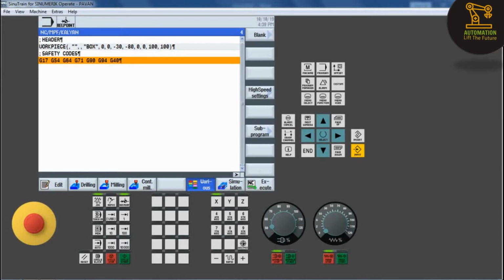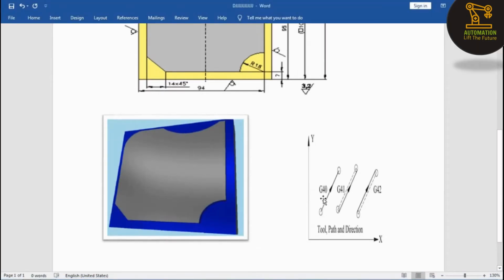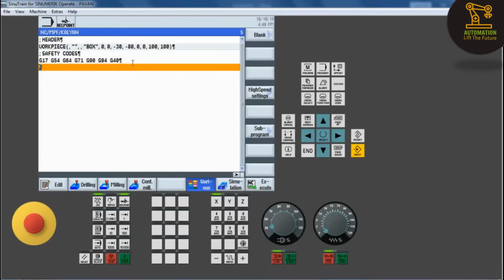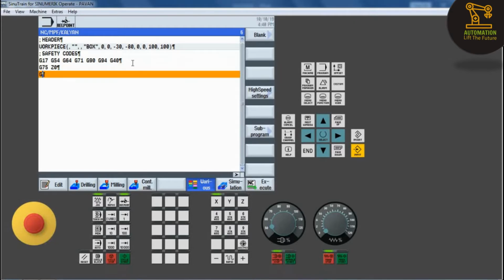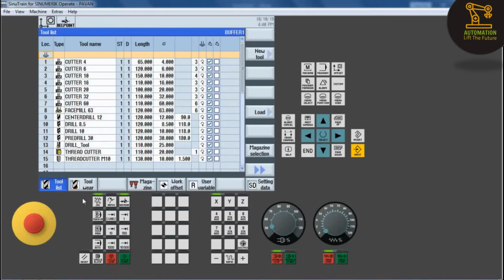These are the safety codes, and G40 is tool radius compensation cancel. G41 and G42 are tool radius compensation, G41 on the right side and G42 on the left side. And here G75 Z0 and G75 X0 Y0 are the tool homing position.